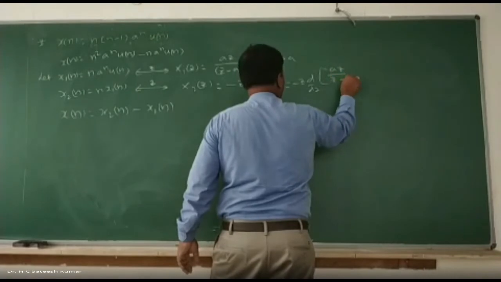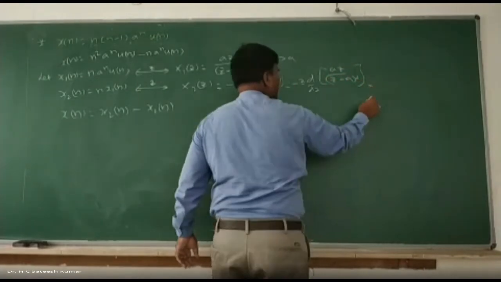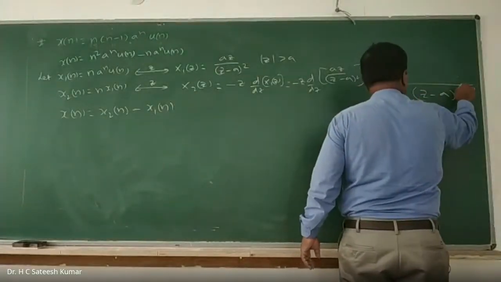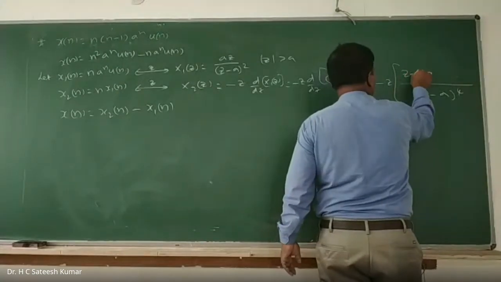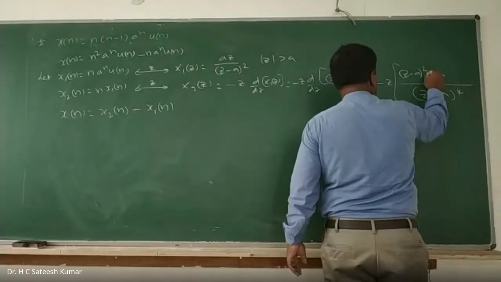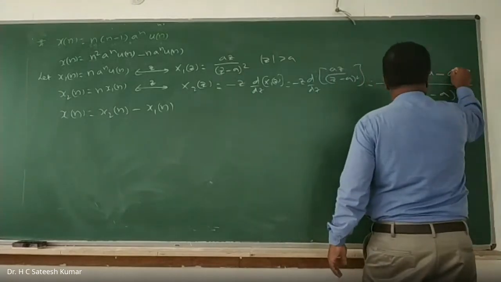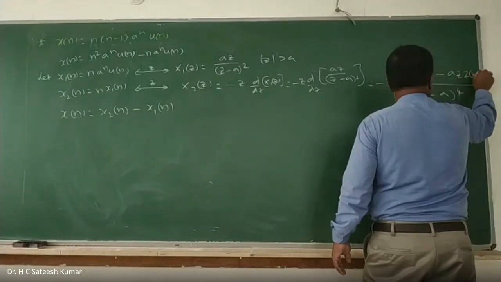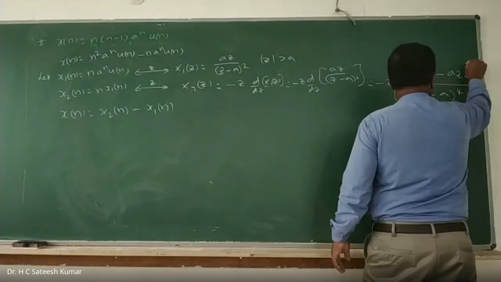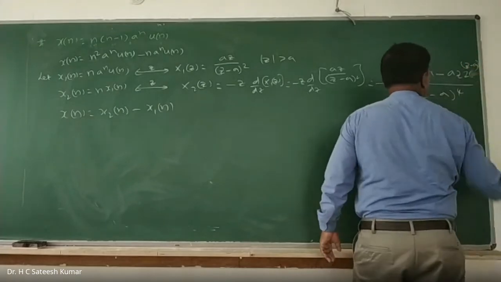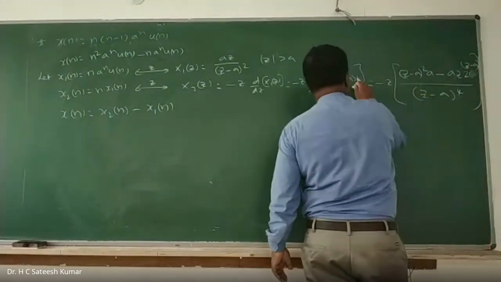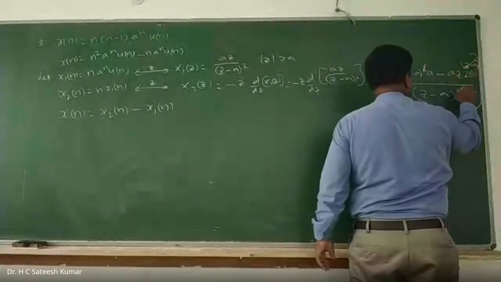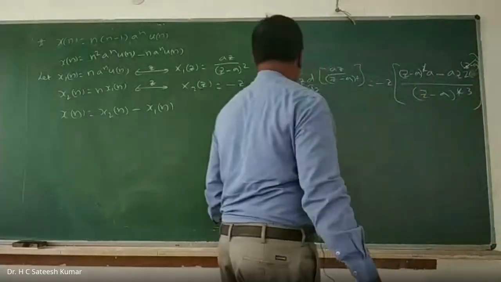Which is equal to minus z into d by dz of az divided by z minus a whole square. That is, denominator, z minus a whole square, into derivative of numerator a, minus numerator az into derivative of denominator, 2 into z minus a, all over z minus a whole to the power of 4, into differentiation of z minus a, where z is 1 and a is 0. So z minus a you take common and this cube times gets cancelled. So therefore, what can you write?